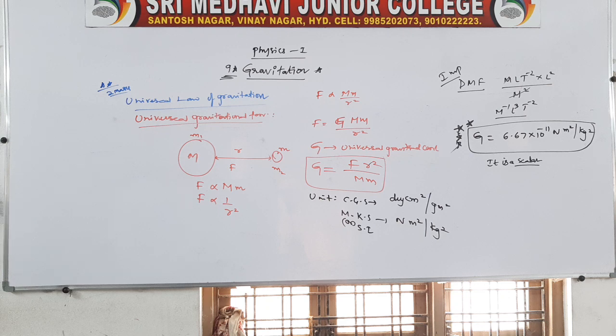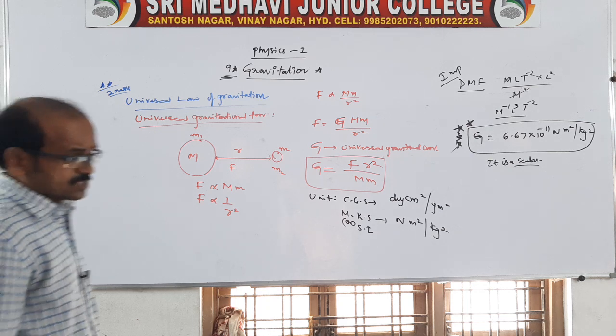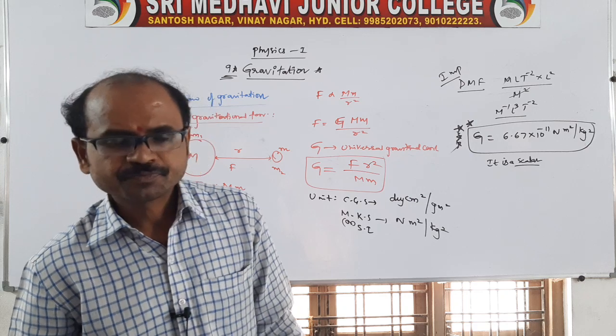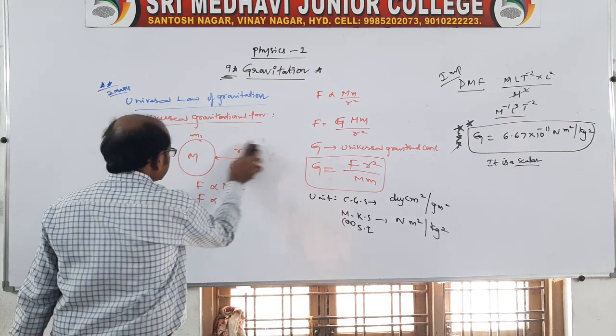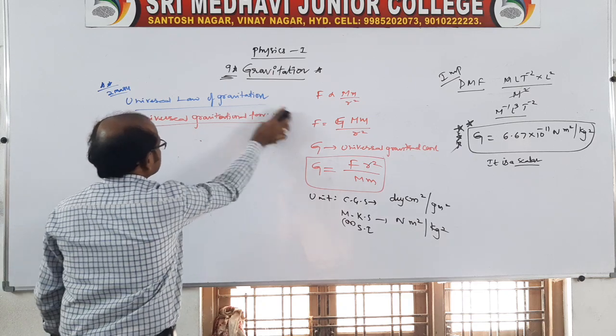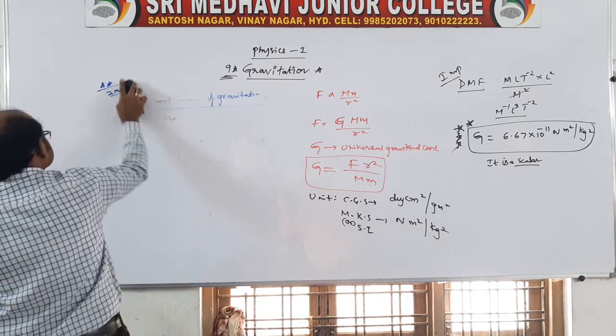Clear? So this is the information related to the universal gravitational force, as well as the universal gravitational constant. So it is for what? It is for 4 marks, right? And coming to the next point, I would like to tell you the vector form. See, take the vector form as the side heading.